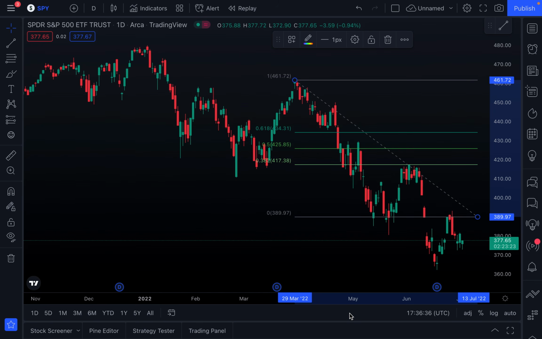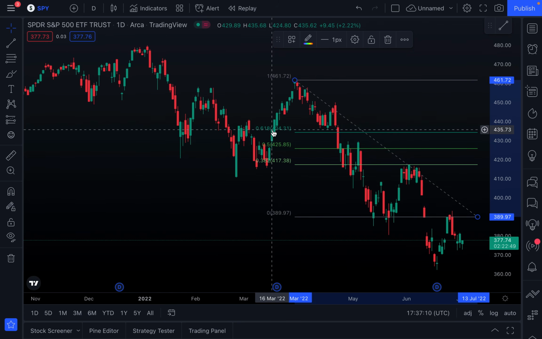Now, what do we see here? We see multiple different horizontal lines. So these horizontal lines that you see here will indicate where support and resistance are likely to occur. And as you can see, each level is associated with a percentage. So this level, you'll see 0.382, so that would be 38.2%. This level is 0.5, so 50%. This level is 0.618 or